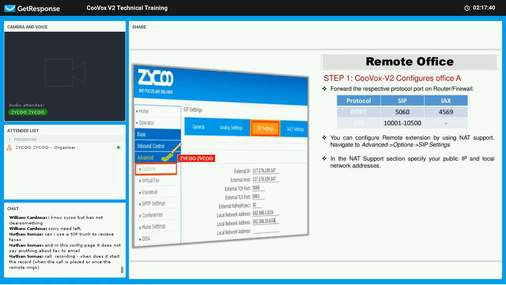In the advanced option, you can go to the SIP setting and provide the public IP address of the IPPX and also the local network address and the forward ports. Once you did this setting in the Office A IPPX,